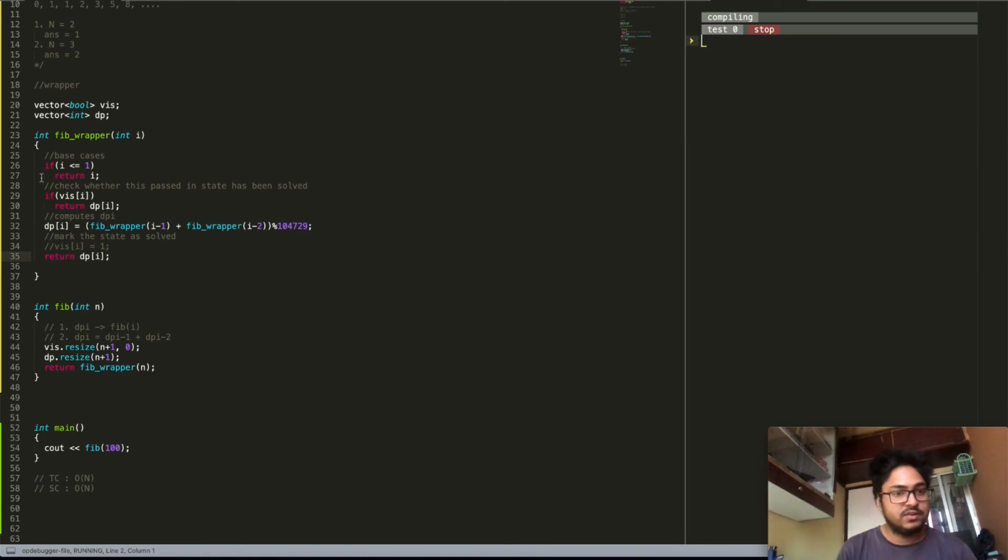So basically, whenever you want to compute the time complexity of a dynamic programming problem, all you need to do is find the number of states, that is the first thing, and find the time taken to compute each state, all right. So in this case, the number of states is O of n, that is equal to the term of the Fibonacci that we want to calculate, and the time to compute each state is actually O of 1, all right. So that's why the total time complexity becomes O of n in here, all right.